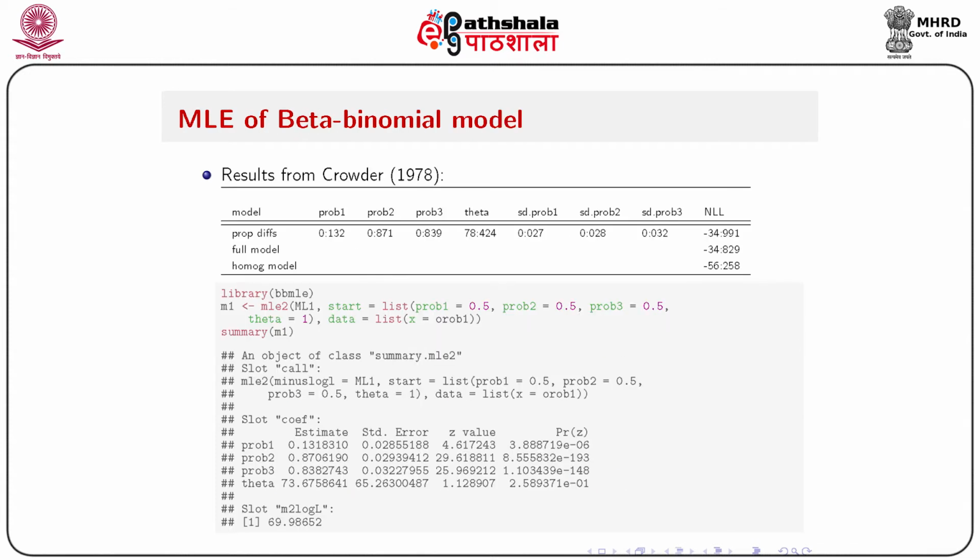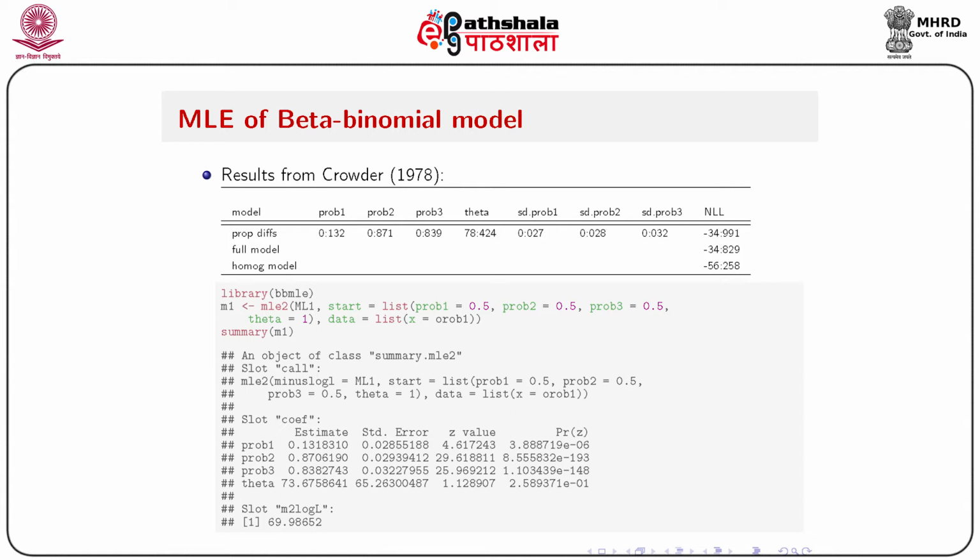So results from Crowder 1978 are given here: prob1 to prob3, theta, the standard deviations of prob1, prob2, prob3, and NLL, the negative log likelihood, for the full model, the homogeneous model. And now we'll fit that with the MLE2 function, say load library bbmle, and then bbmle M1 equals mle2(ML1